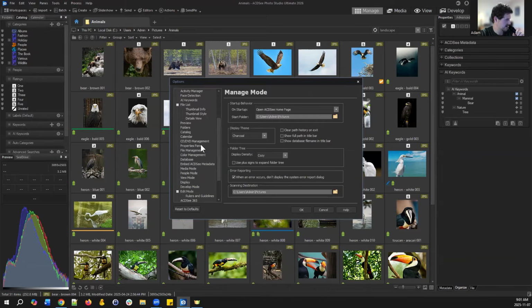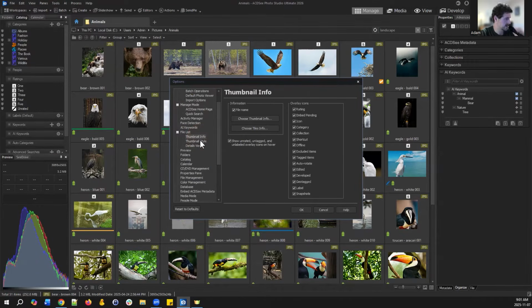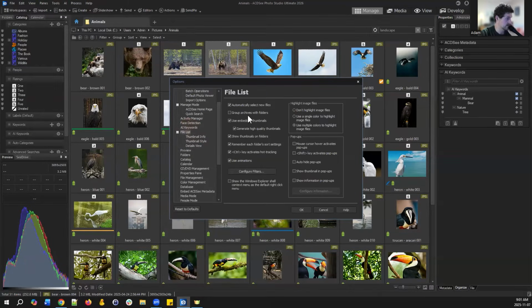I guess a file list would be thumbnail info. Yeah, file list, group activities, don't highlight image files. Let's see here. Just to let everyone know, we haven't started yet. We're going to start soon, but